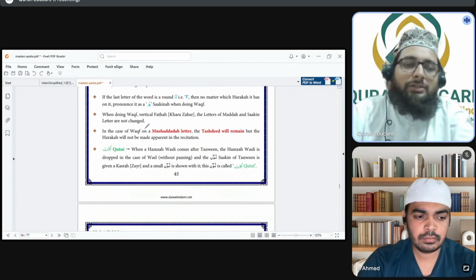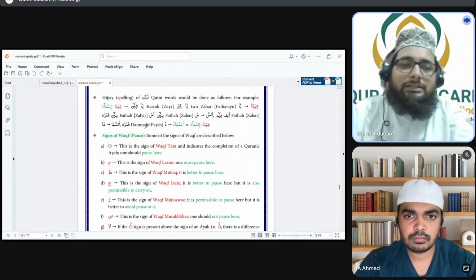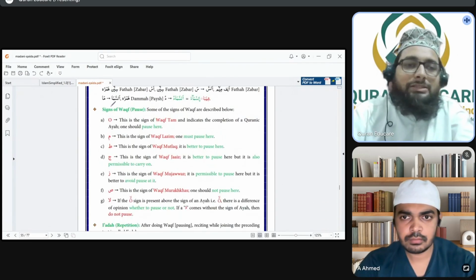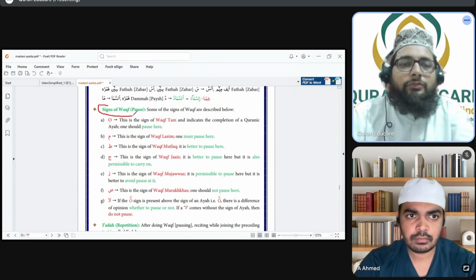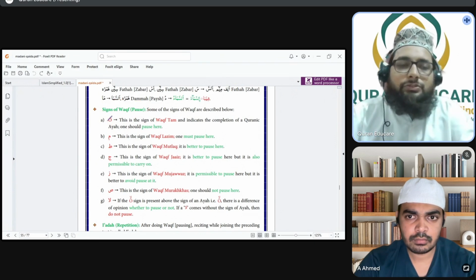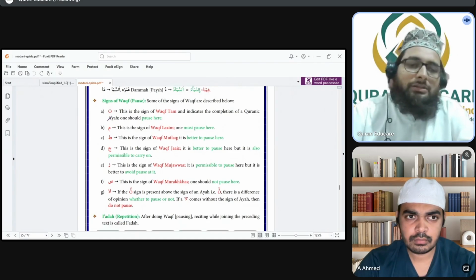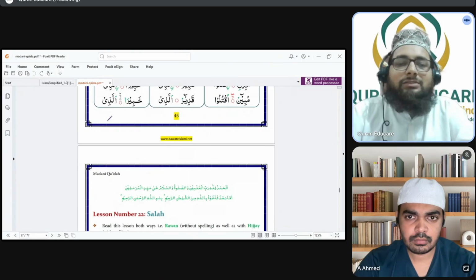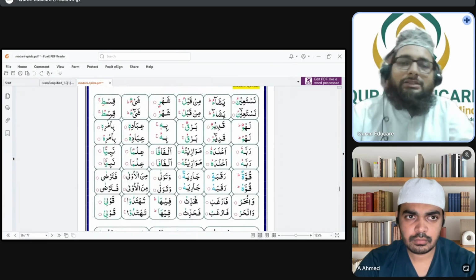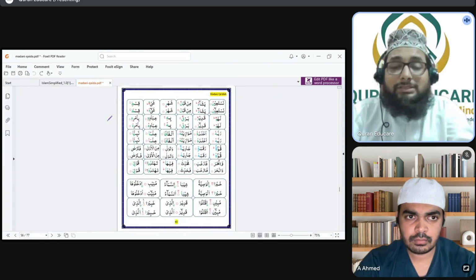And we also learn the concept of noon kutni in detail. And the most important thing, signs of waqf. When these signs of waqf come in the middle of the ayah, in the last of the ayah, what we should do, what is the ruling, should we stop or not, we learn in lesson number 21. So these are all the lessons, all the basic rules mentioned in Madani Qaida, which are necessary to learn the Quran,